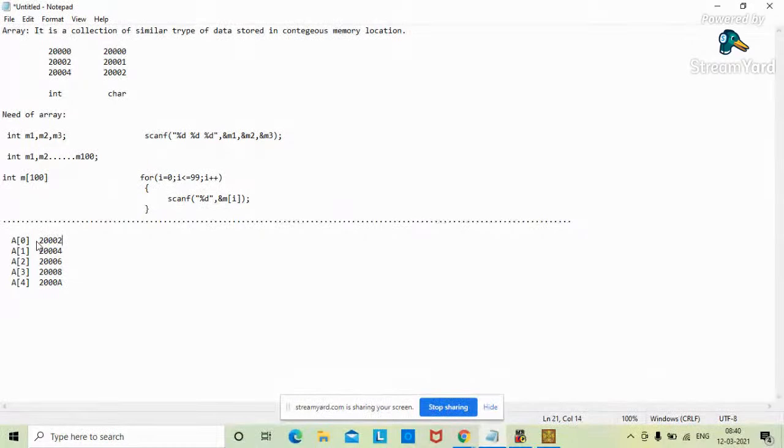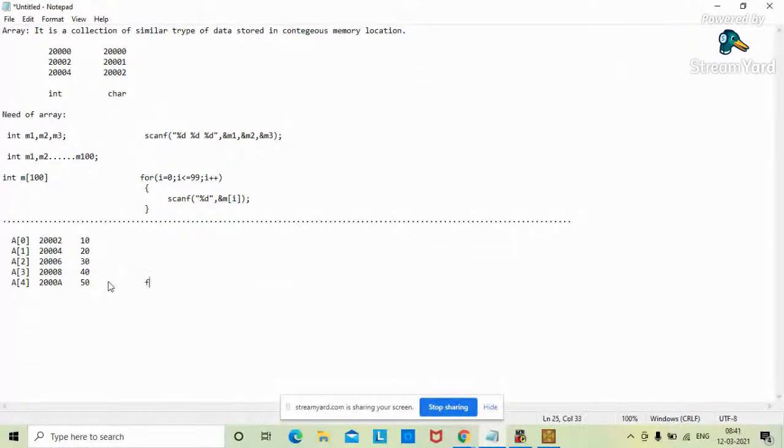at that specific location, we require to store this value. 10 is there, for example, 20 is there, then 30 is there, then 40 is there, okay, and the last one is 50. These are the numbers which are stored at these specific memory locations. Okay, for the same we need to scan all these specific locations in the memory,